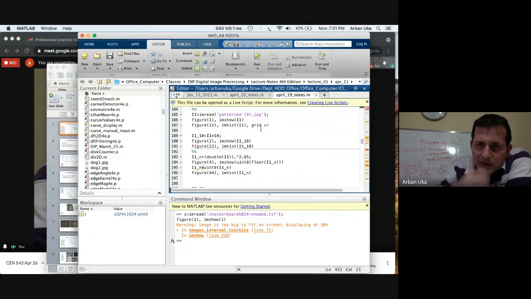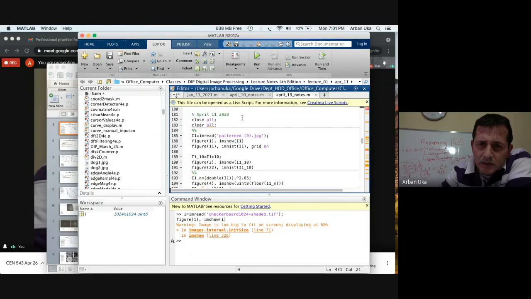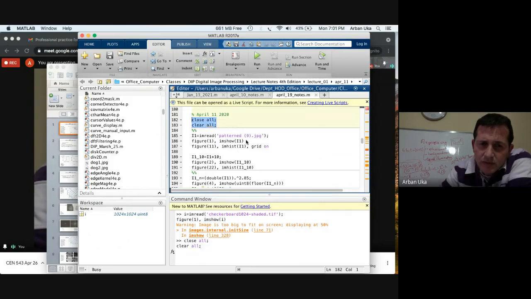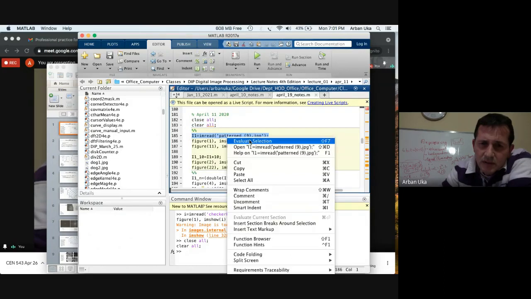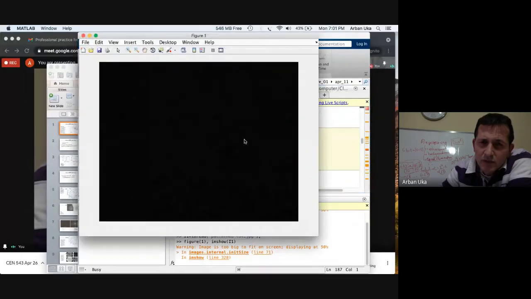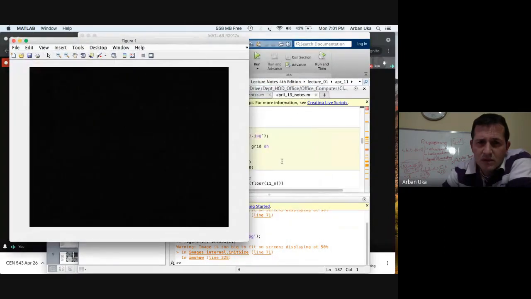So yeah, here we have an example where we can show an example. So let's clear a few variables, and this is gone. Let's read this image. I1 is equal to imread pattern 9 JPEG. So here is the image. This is how the image looks. Well, there is something, but we cannot perceive it. We cannot see. So this is what we are plotting.